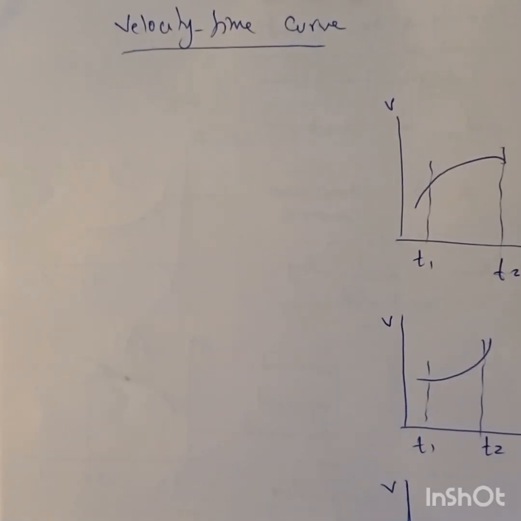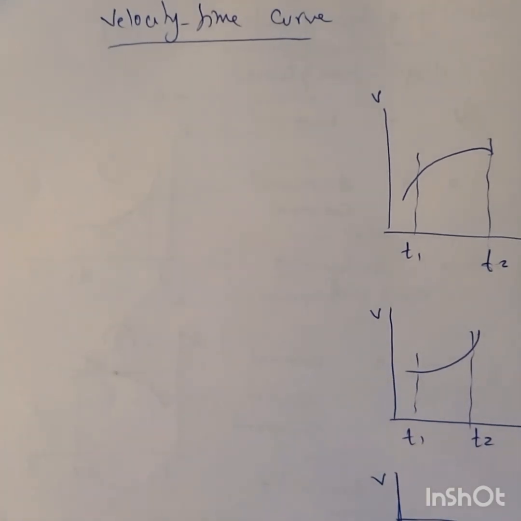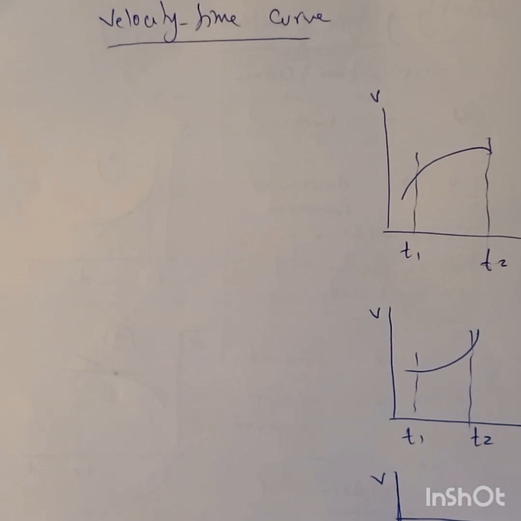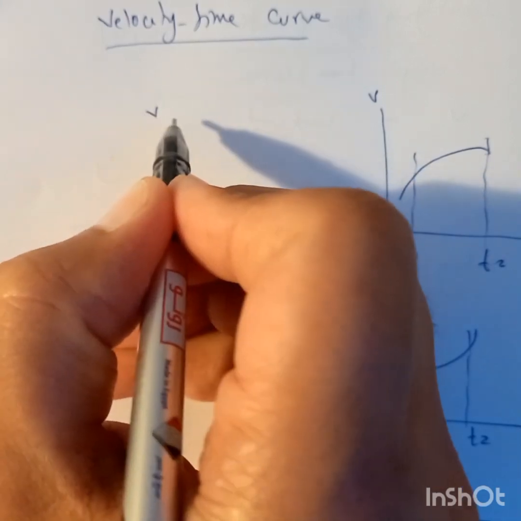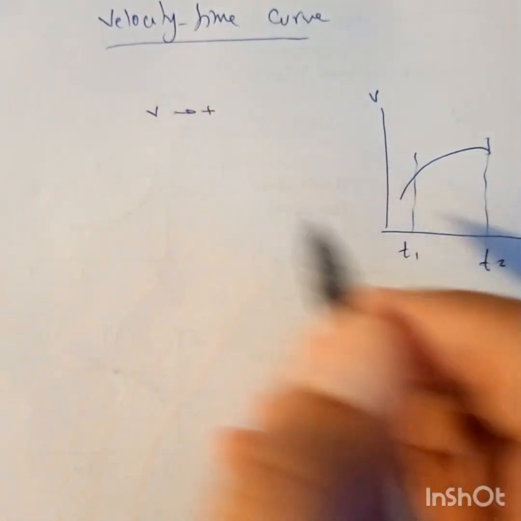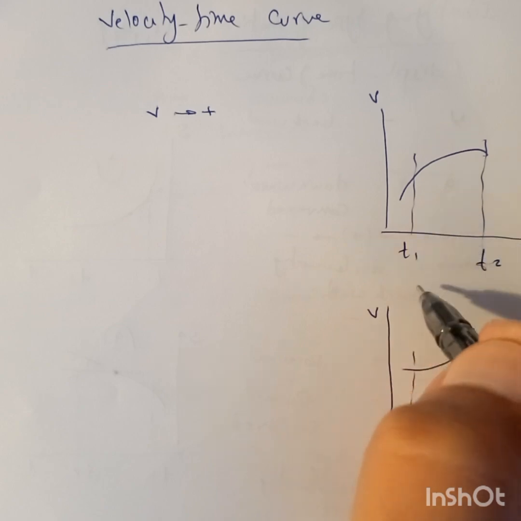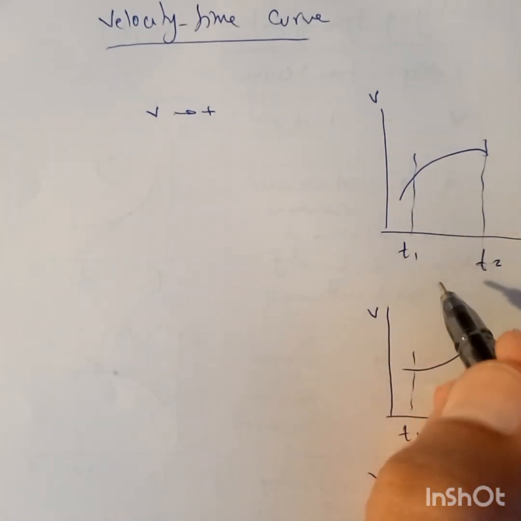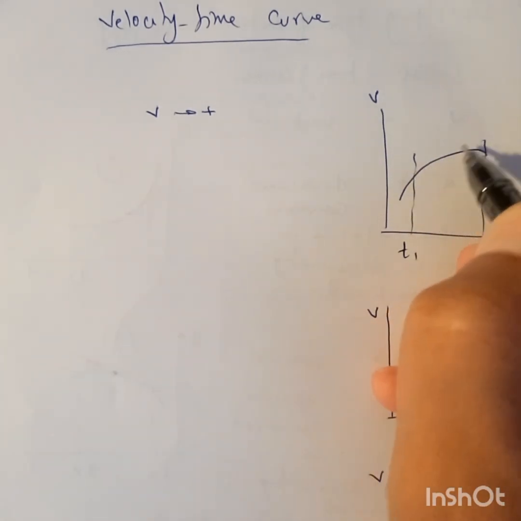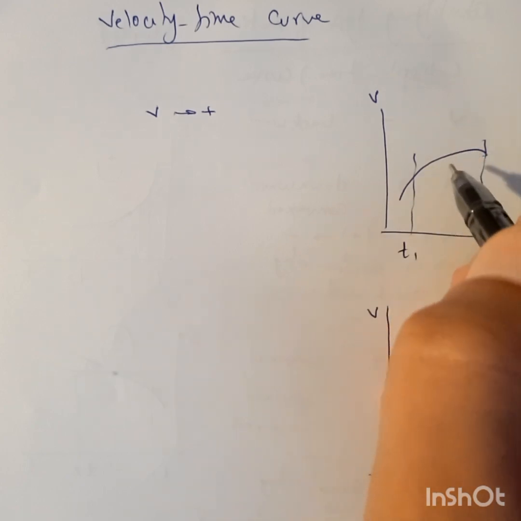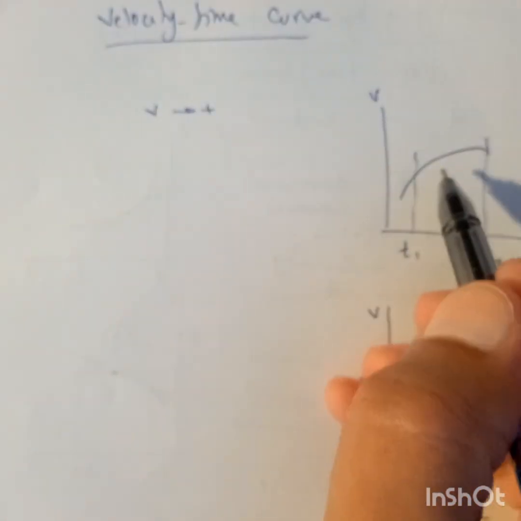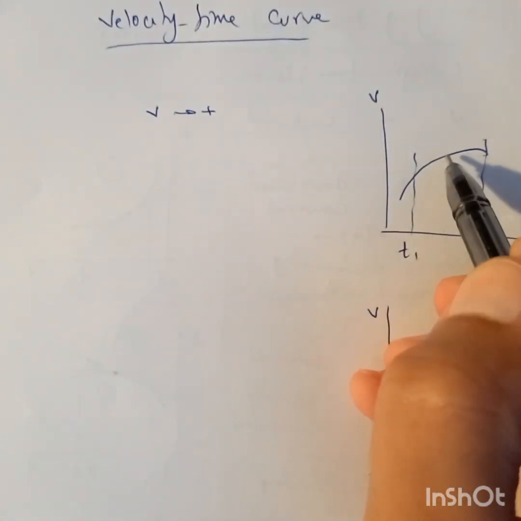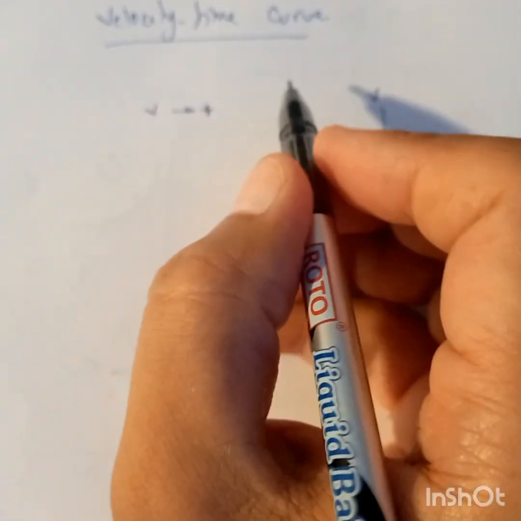Now we are going to apply the same rules to identify the type of motion of a body moving in a straight line if it's given a velocity-time curve. In this case, we have to identify the sign of v. v here is positive if the curve is above the x-axis and negative if the curve is below the x-axis. The tangent of this curve at any point represents the acceleration of the body motion at this moment. In this case, the curve is above the x-axis and velocity is positive, then we have forward